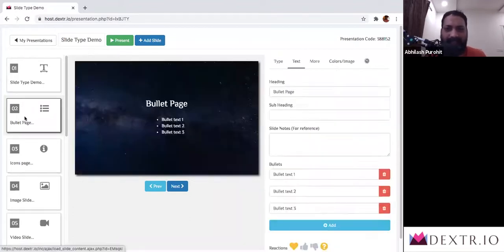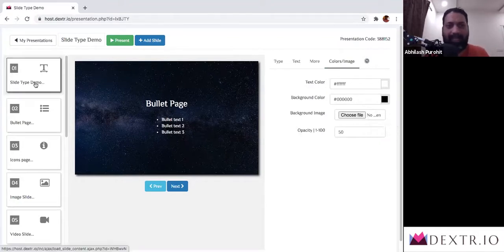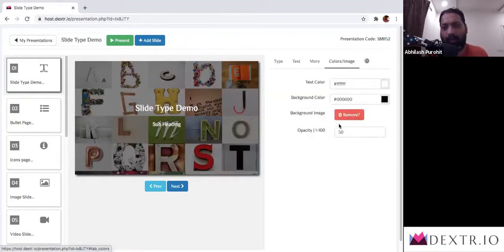If I look at the second slide, colors, I will see that I have an option to pick a background image. That means no image has been picked. That means the theme default is being used. In here, I have decided to override the background image, and therefore this thing has come. So you can download and upload images. Be sure that the image that you are uploading is not more than 10 MB.